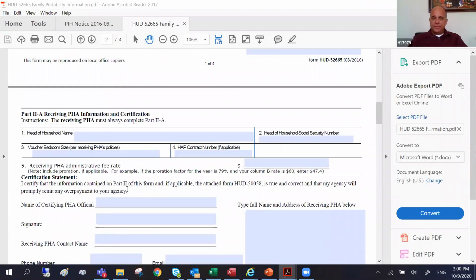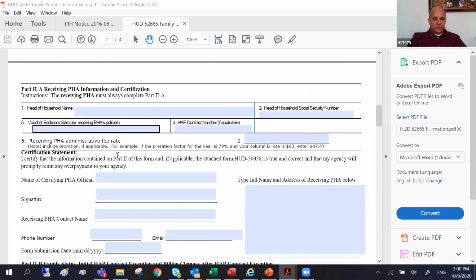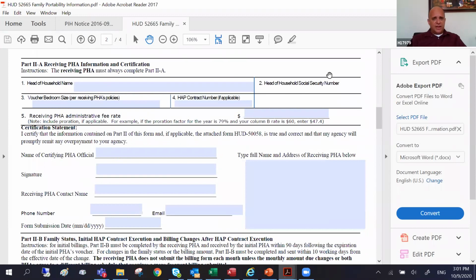This is part 2. Upon arriving at the receiving PHA's jurisdiction, the receiving PHA is going to issue that family a voucher. I'll talk about that again in a minute. So the receiving PHA will fill this information, and some of it is a repeat: the family's name, family social security number, head of household, the voucher size.